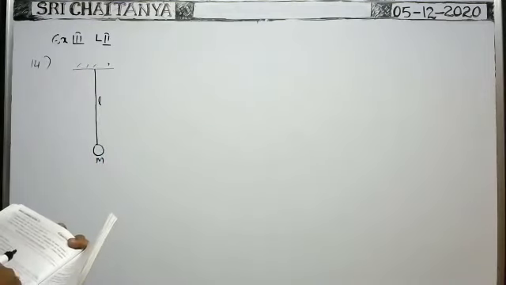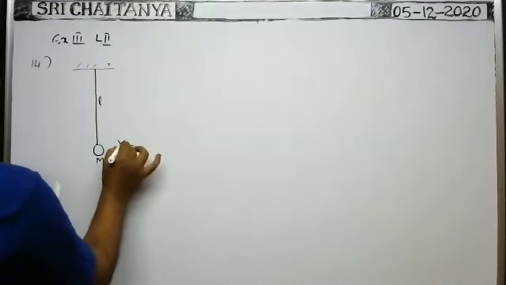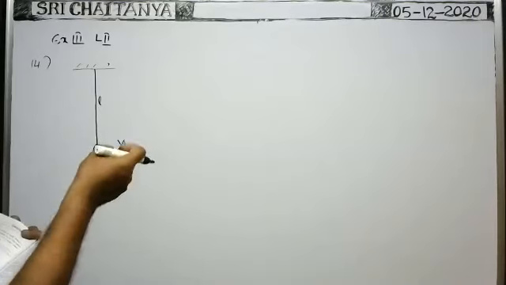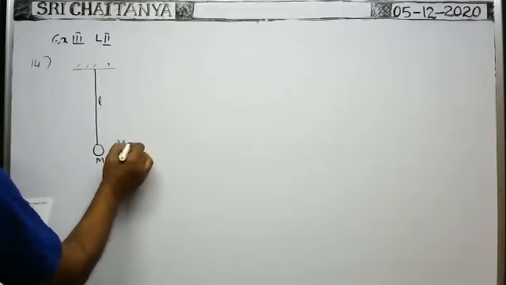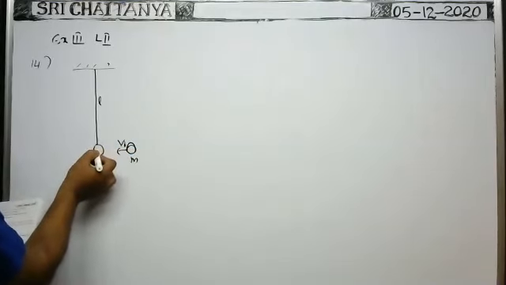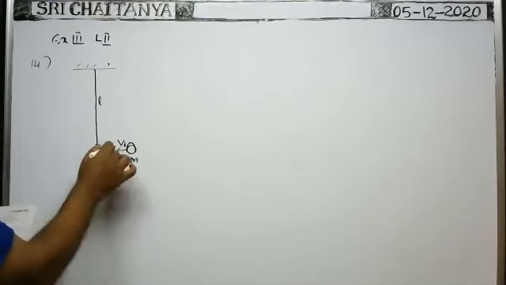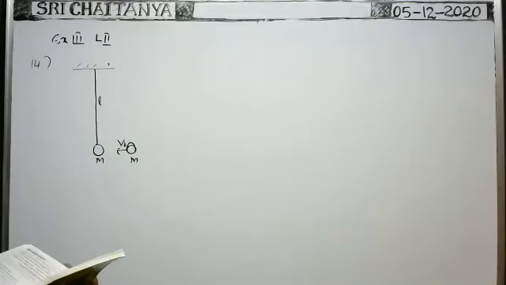Now another identical ball. Here there is another identical ball of mass m moving with a velocity v0, which makes a collision with the bob of the pendulum and sticks to it. Then both together start motion in this direction. Now for this new pendulum of mass 2m, mark the correct statements.